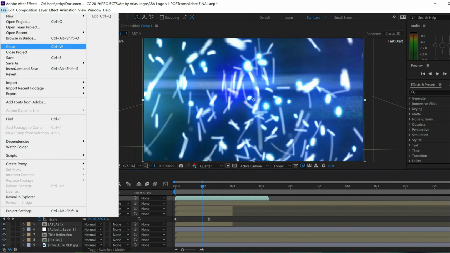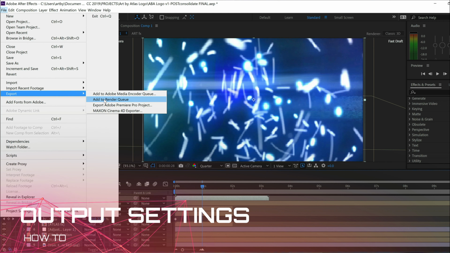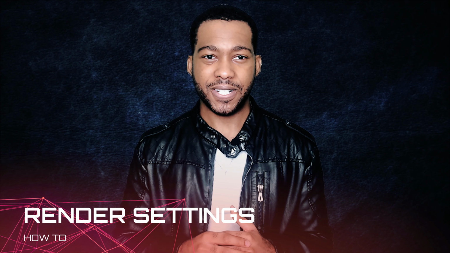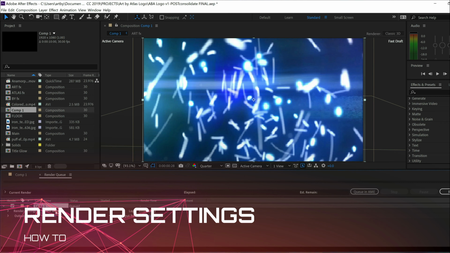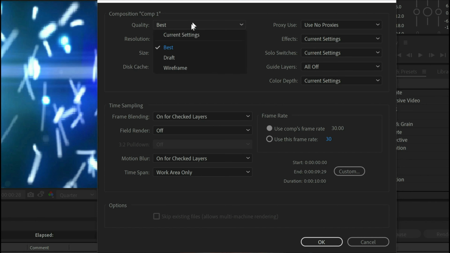If you're going to be rendering inside of After Effects as opposed to the Adobe Media Encoder, make sure you have your caps lock button set to active on your keyboard. This will disable your live update playback preview while you're rendering. Of course, we want the highest quality video we can get in this 4K day and age, but for the sake of optimization, one of the things you can do to speed up render times is to lower your settings. Under the quality menu, select a draft, and under the resolution menu, choose half.